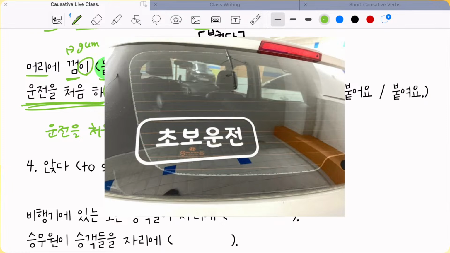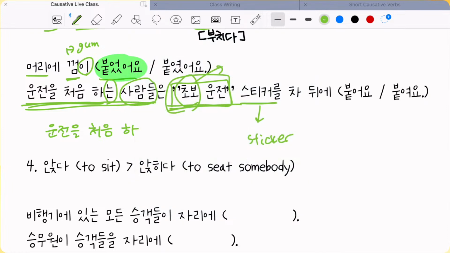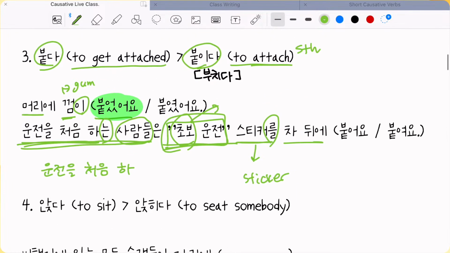Some look like this. 이거 귀엽지 않아요, 여러분? 귀여워요. 초보 운전하고 죄송합니다. Like, I'm sorry, crying emoji. I'm a beginner at driving, so please understand. 이런 variation도 있어요, 여러분. Anyways, so 이런 차 스티커를 차 뒤에, at the back of the car, you attach it,